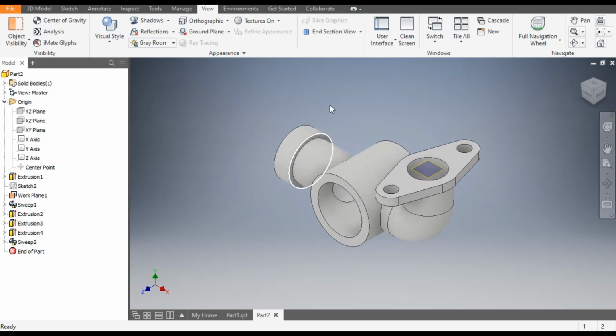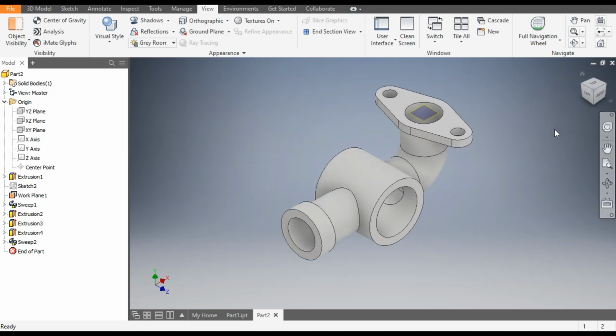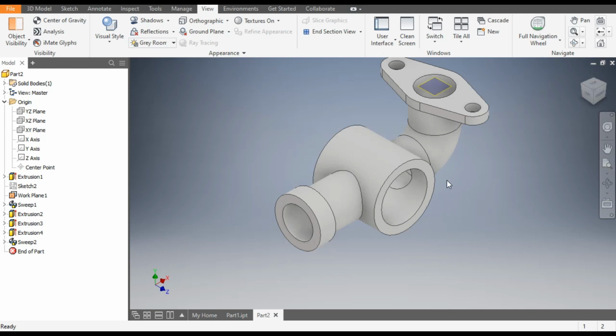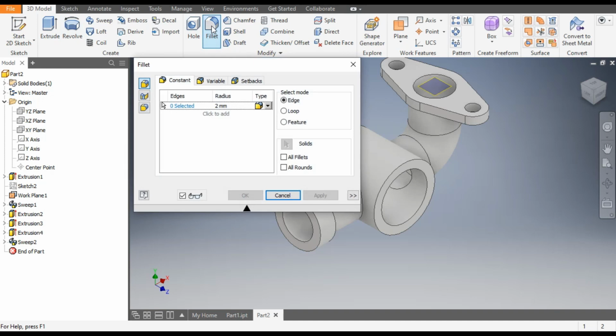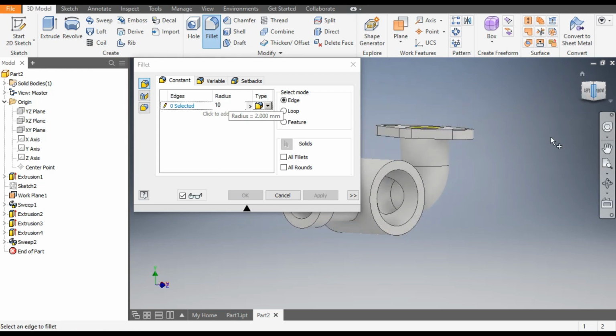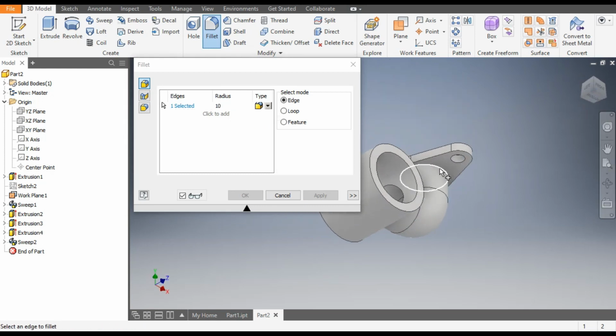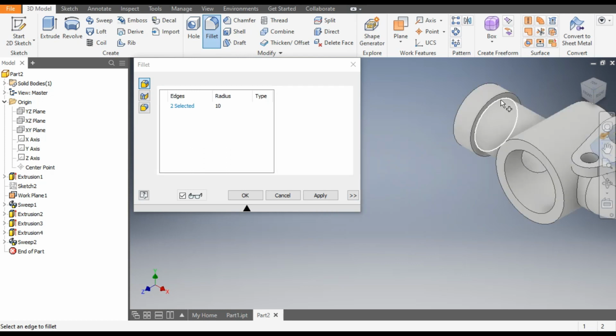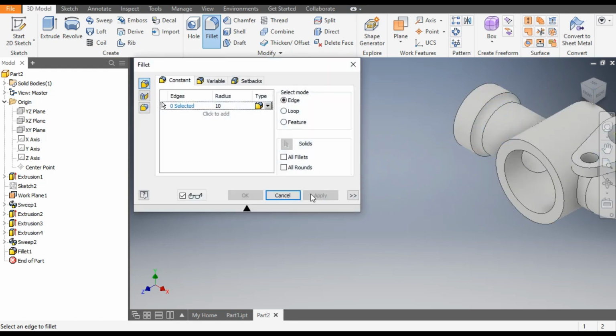Okay, now go to this face, or first we'll give the radius. So go to 3D model, go to fillet, here give a radius of 10 mm, change the view, here give radius of 10 mm, similarly rotate it, here give a radius of 10 mm and apply. Okay,